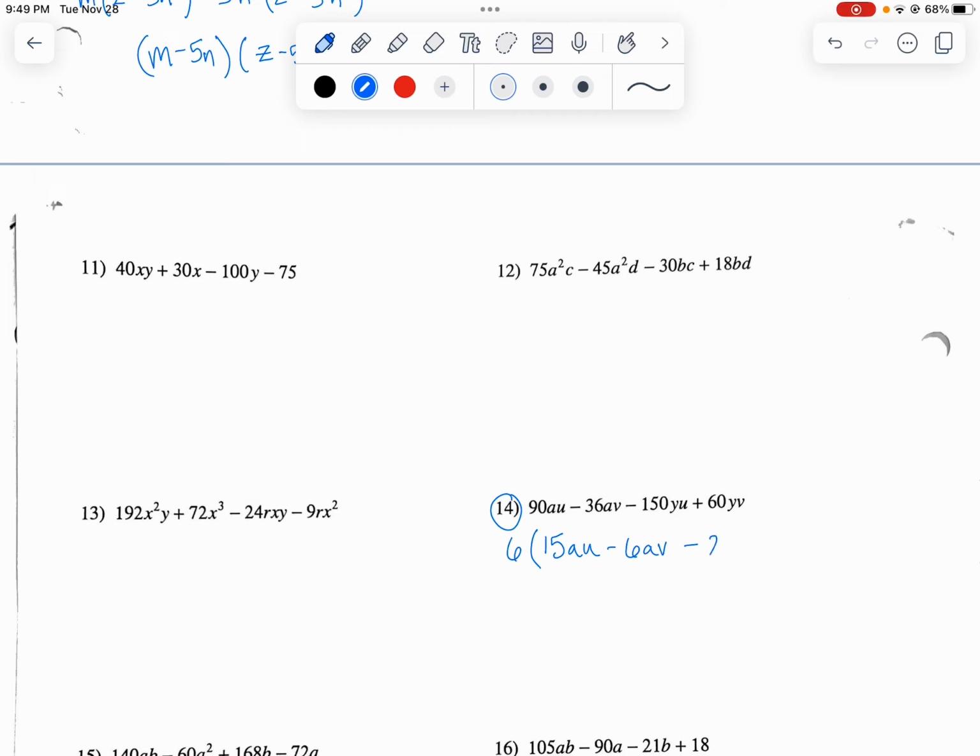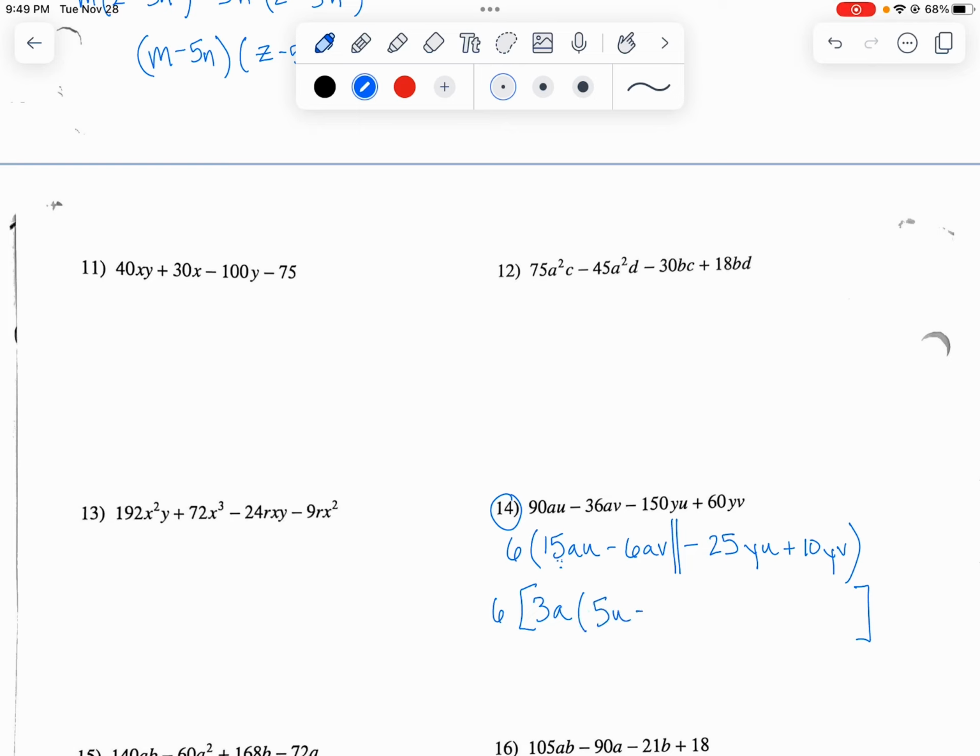3 left over, so I believe that's 25yu plus 10yv. Okay, I couldn't take out any letters in common, but now I've at least got some smaller numbers to work with here, and I'm going to factor by grouping with my 4-term polynomial. I'm going to keep that 6, and then inside, what I'm going to do is look for a greatest common factor here. Okay, 15 and 6 are both divisible by 3 and by a, and so I end up with